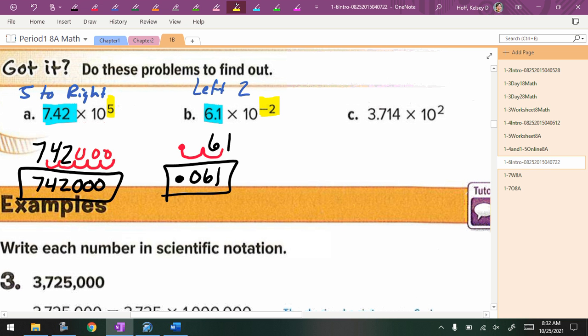Okay, so C. What number tells me how I'm moving? 2. And you said which direction? To the right, 2. It's positive, so I'm going to the right. Which number do I start with? Very good. 3714. Where's my decimal right now? After the 3 and the 7, and I'm going 2 steps to the right. Do I have to put any zeros on this problem? No. So my final answer is